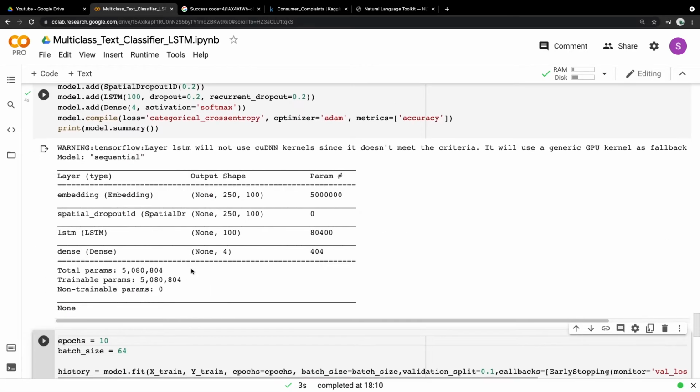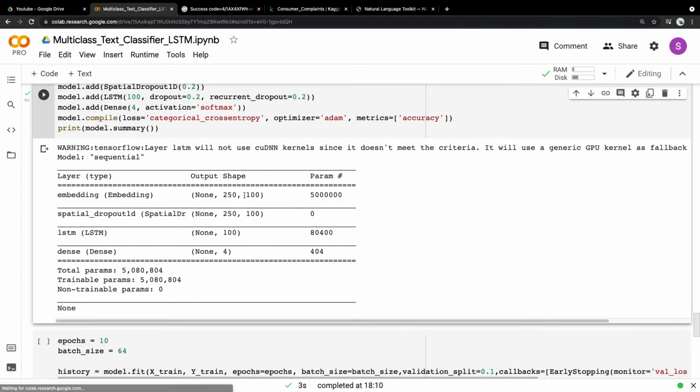You can see here that the input shape is this much, and from the neural network output we'll be getting only 4 dense layer outputs, which we will judge using np.argmax to find out which label it belongs to. And you see that the main task of classifying is done by the LSTM layer, which has around 100 cells here.